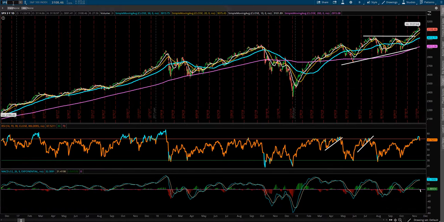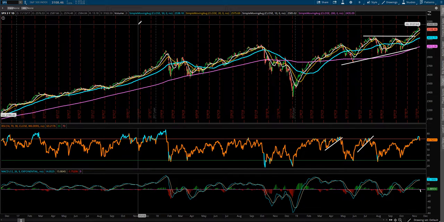Now, one of the things I wanted to talk about is valuations. One of the things to look at is the Case-Shiller PE ratio. And right now, as it sits, the Case-Shiller PE ratio is at 30.22. The mean is 16.6. The median is 15.7. So we are basically about double the average in terms of the expensiveness that the market is at.